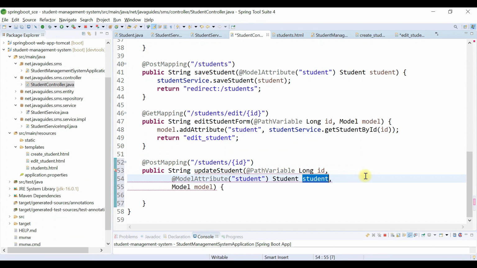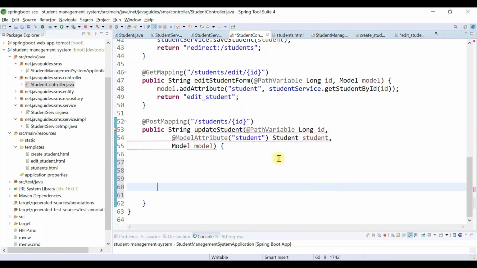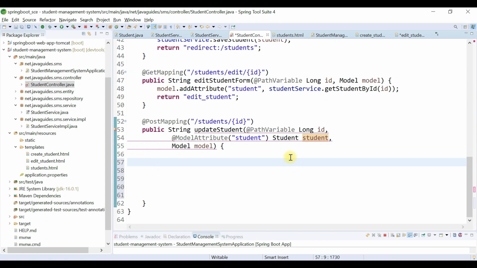Now once we get a student here, we're going to update this student. What we'll do is get a student from the database and update that student with this student object, and then save it into the database. So first get the student from the database by id.